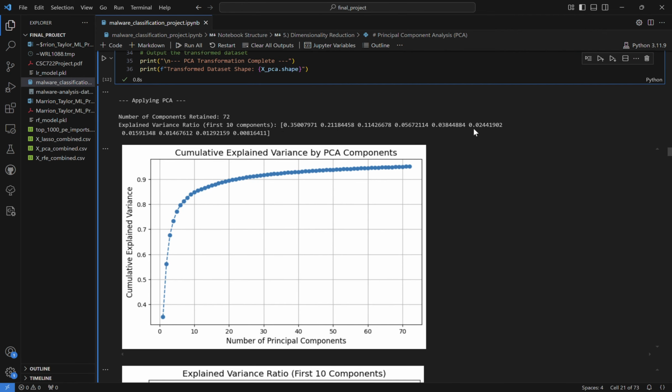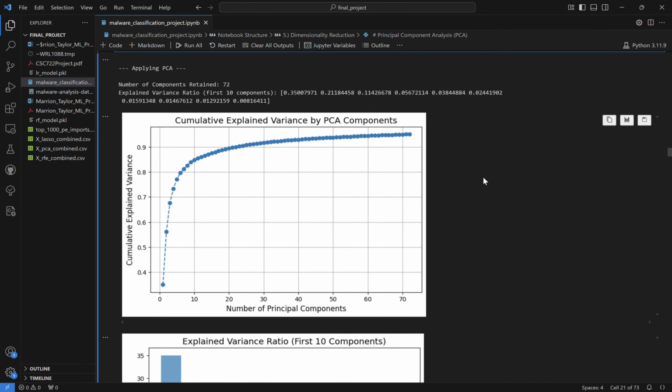We can visualize this here, so we can see that pretty quickly we get down to 72 principal components. When you look at the first few components, the first one explains 35% of the variance, the second one explains 21% of the variance, and it pretty quickly goes down. This can be visualized here on this graph. It goes up pretty quickly, and right around 20 or so, we hit this point